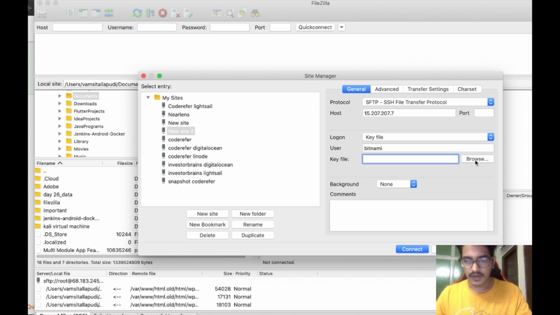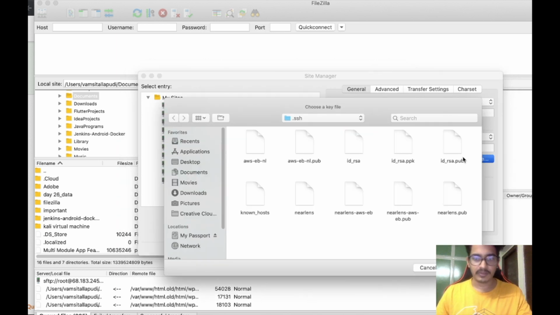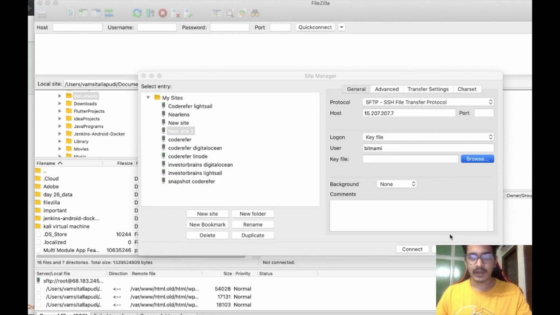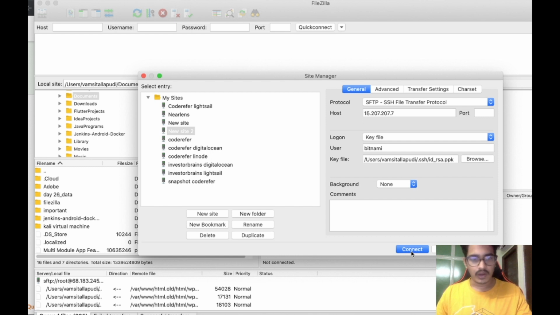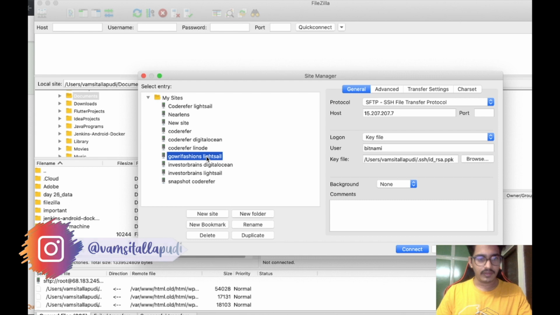The key file will be browsing to that respective folder. Here the ppk file is generated, so we'll point to this file and click on open. Now we'll rename the identifier to Gauri Fashions, which is my website name, and append it with Lightsail so that we can easily identify it later. So this is my website connection.